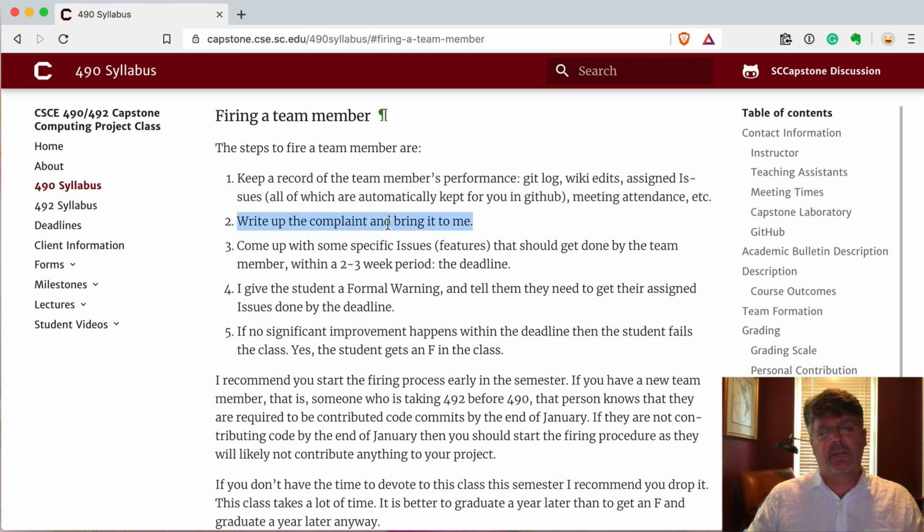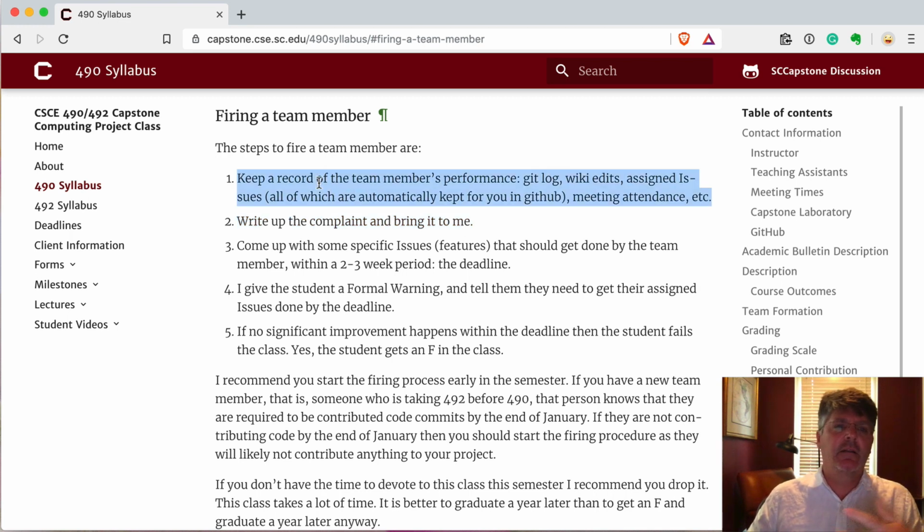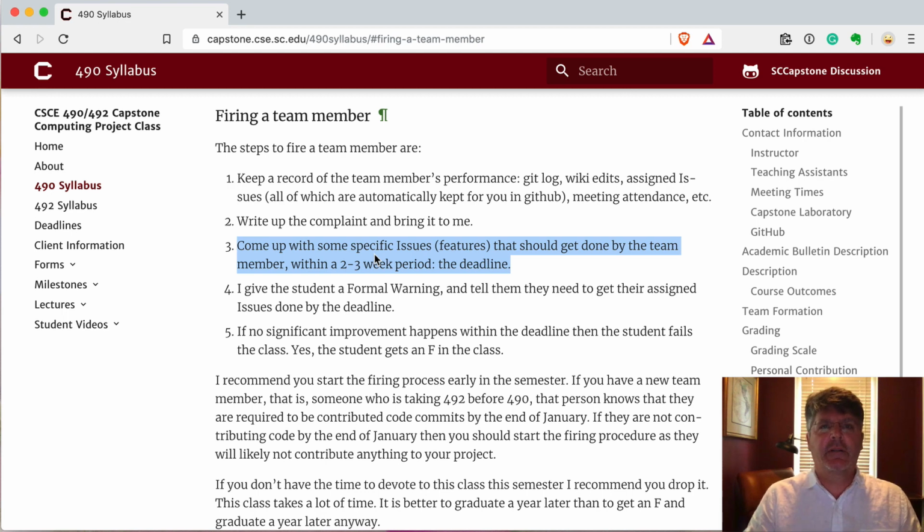So basically, just come to me. You keep a record of what the team has done, which is mostly kept automatically for you via Git and GitHub. And then you come to me, you say, well, this particular person hasn't done anything, and we want to fire him. I'll say, okay, come up with 2 or 3 things for this person to do, and we'll give them 2 weeks